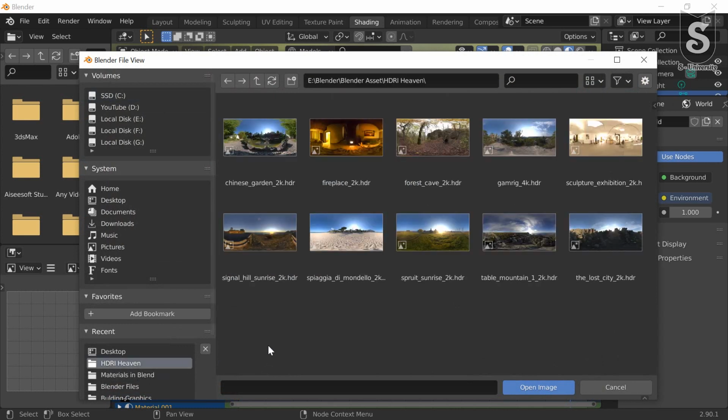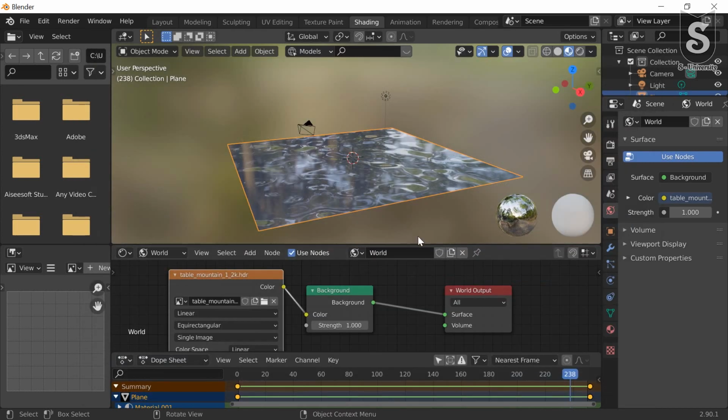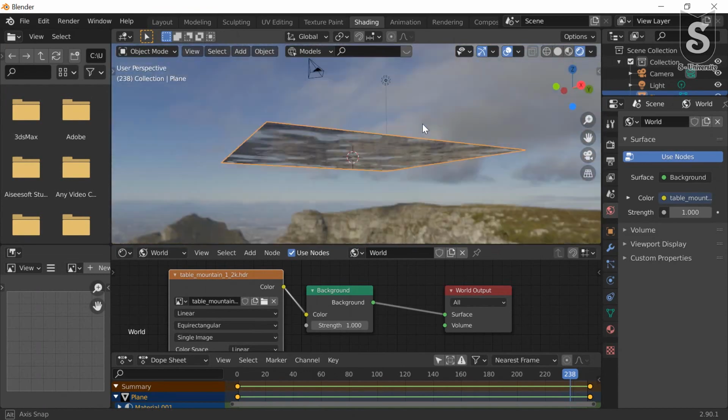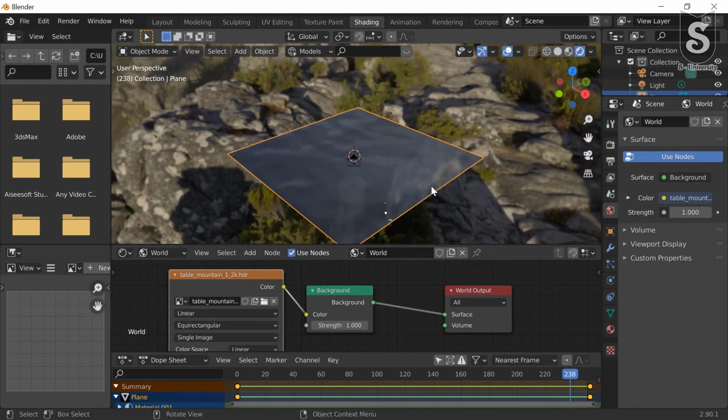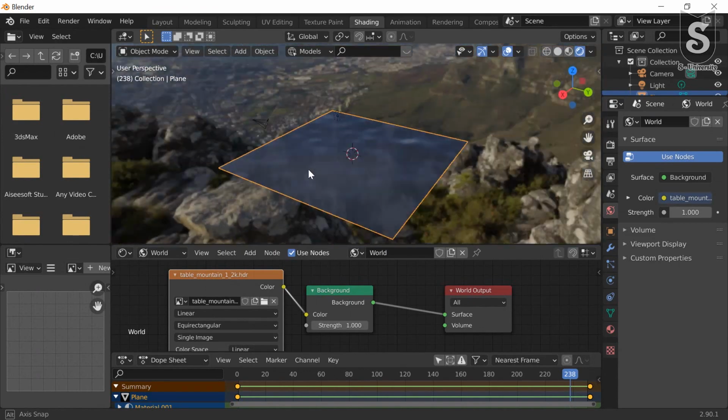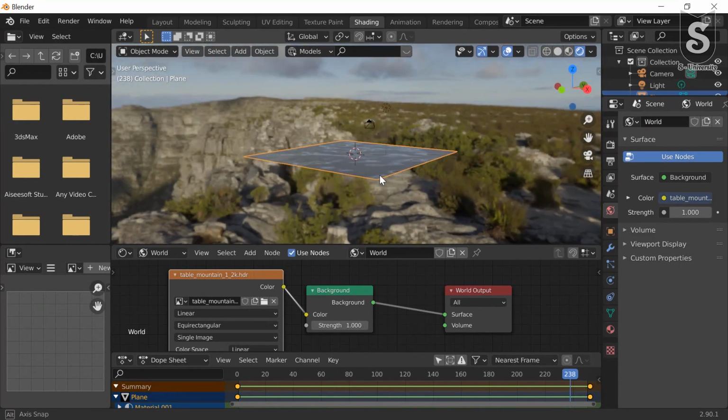From HDRI Heaven we will take this sunrise. Now we can see what's shown in our background. It looks quite good.